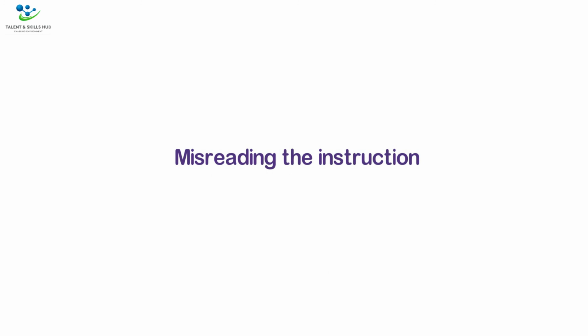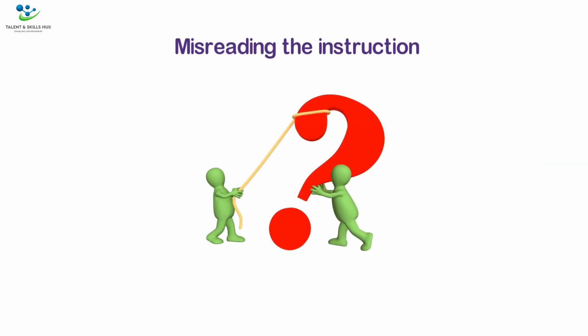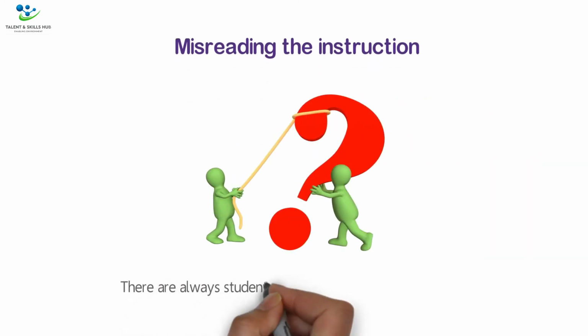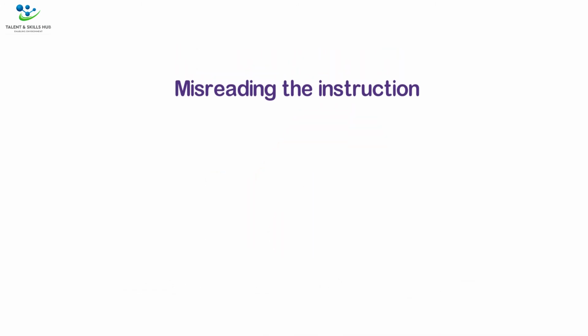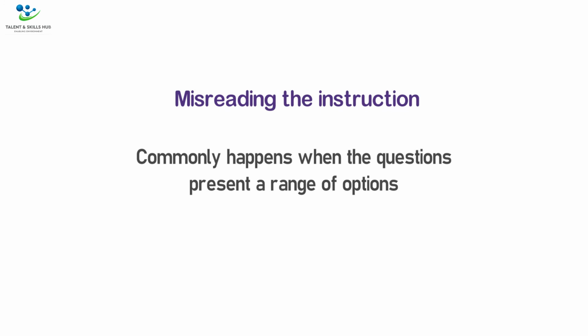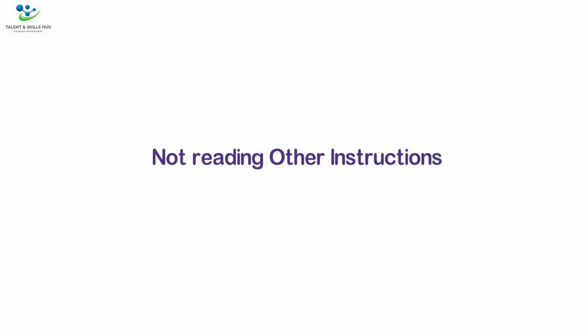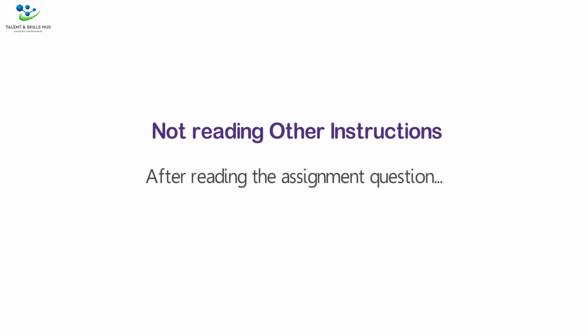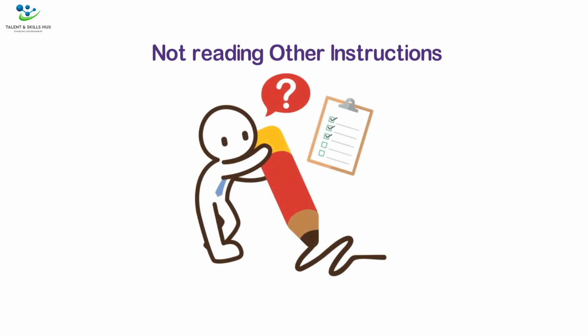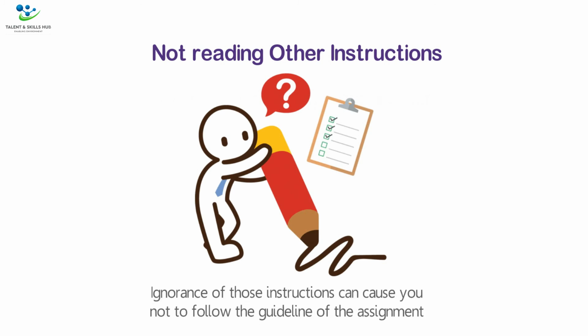Misreading the instruction. No matter how clearly a question is expressed, there are always students that fail to follow its instructions. This commonly happens when the questions present a range of options. Not reading other instructions. Most students, after reading the assignment question, immediately rush into answering the questions without reading other important supporting instructions. Ignorance of those instructions can cause you not to follow the guideline of the assignment and fail